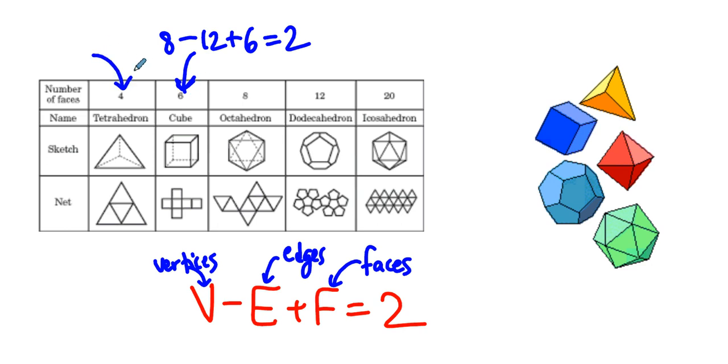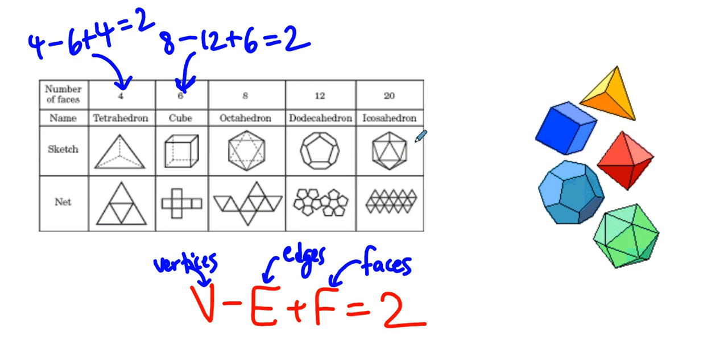It's true for the tetrahedron. The number of vertices, well, on a tetrahedron, 1, 2, 3, 4. There are just 4. And then the number of edges, you got 1, 2, 3, 4, 5, 6. And then the number of faces on a tetrahedron, it's a triangle dice, so there's 4, and that does equal 2. So we know that a tetrahedron can be a Platonic solid, and that's true for all